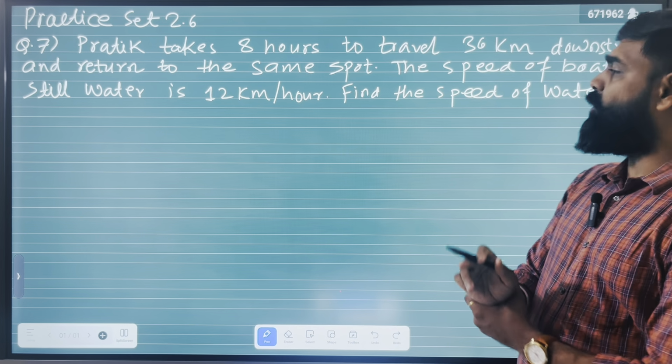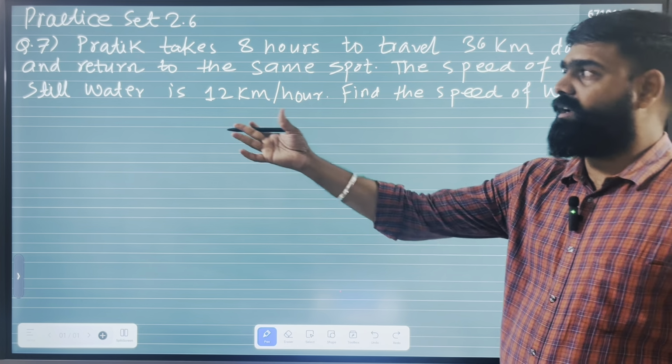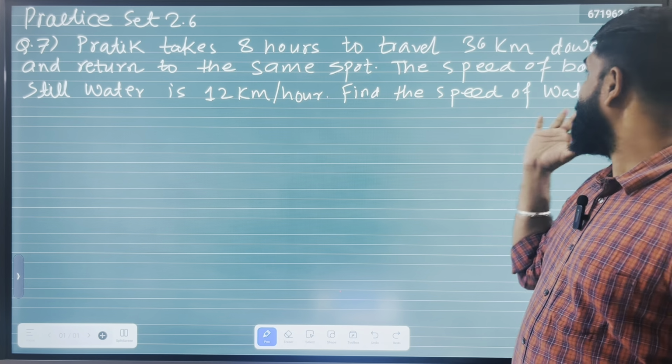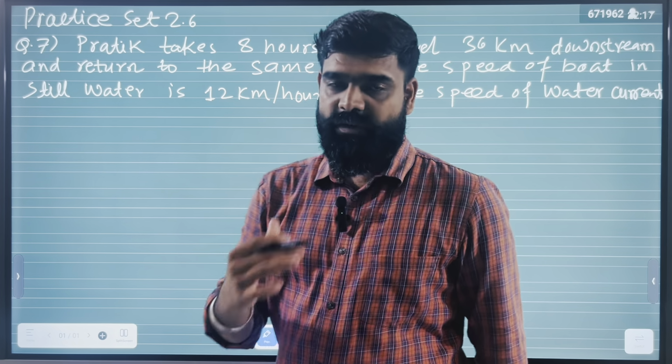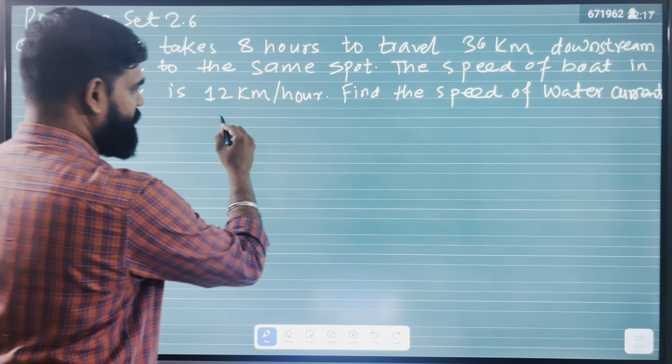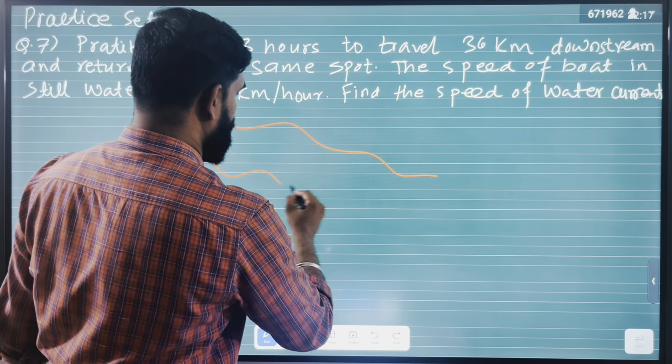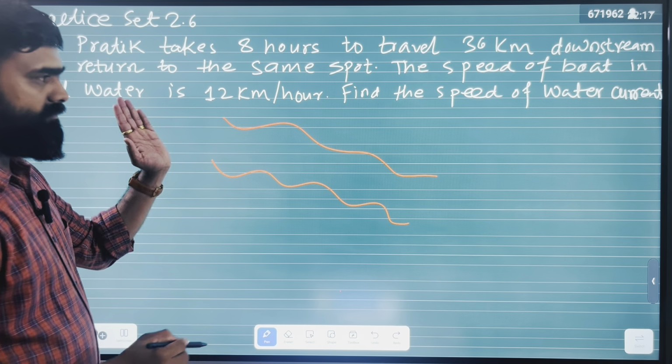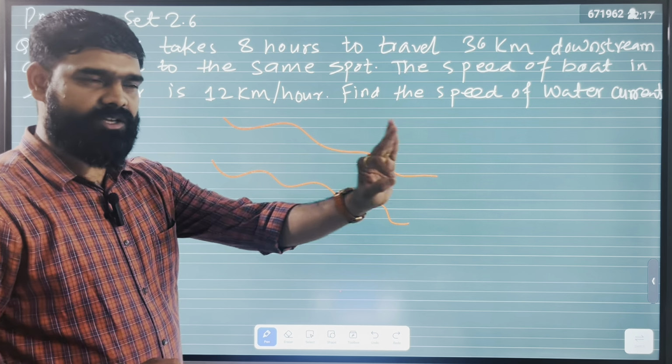The speed of the boat in still water is 12 km per hour. We have to find the speed of the water current. So first of all, we have to understand the question. In this question, Pratik is traveling from one spot to another spot by using